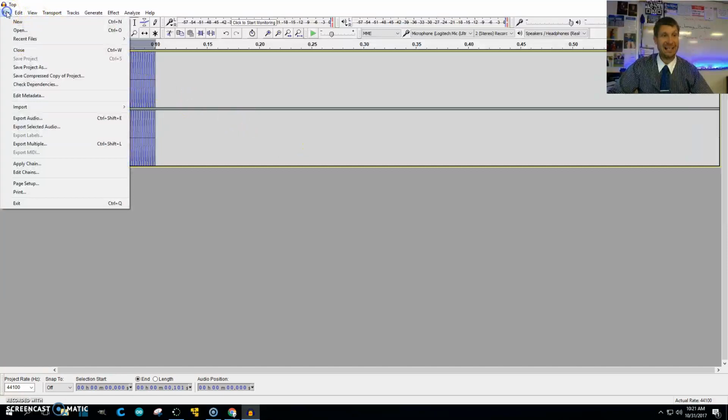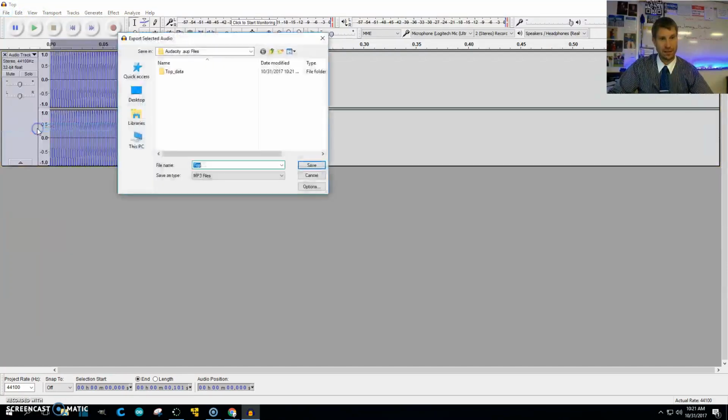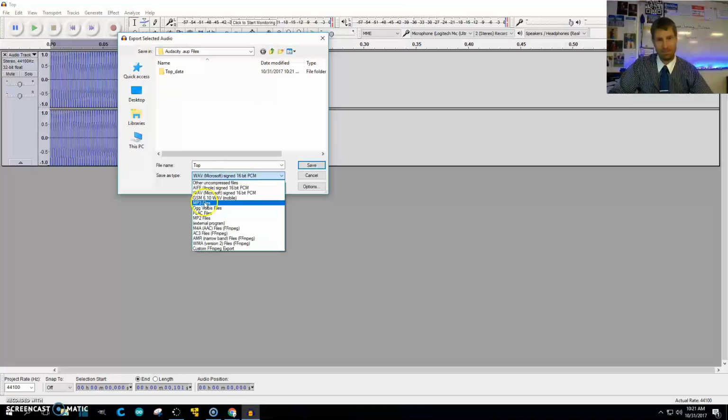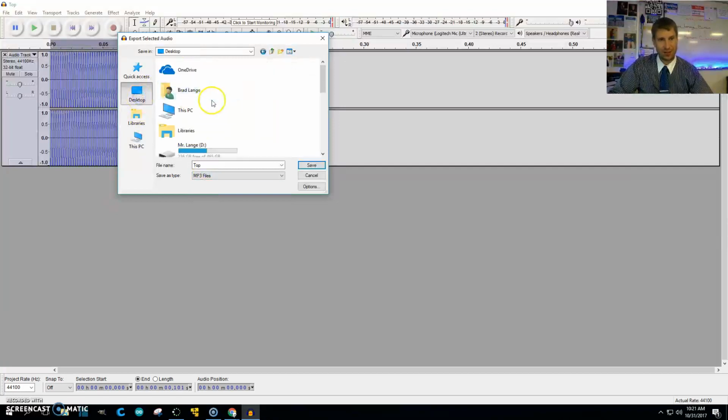Now, you guys, I need to export it. So I'm going to export the selected audio. And make sure, yours by default is probably on WAV, all right? Make sure you change it from a WAV to an MP3. And then go ahead and navigate to your desktop, navigate to your Representing Music. Now you're putting this in your MP3 folder. You want to make sure that you keep that separated, and you're going to choose Save now, and it's going